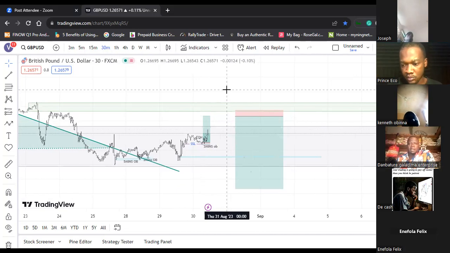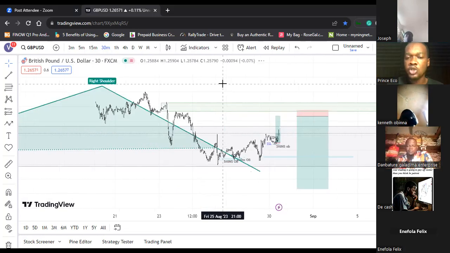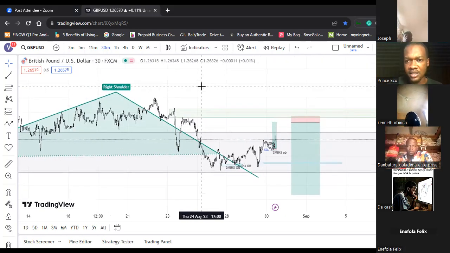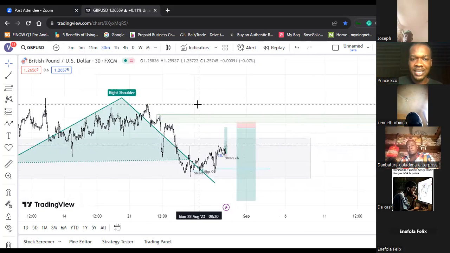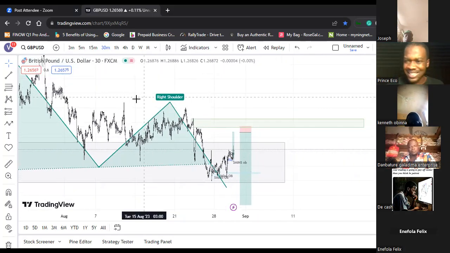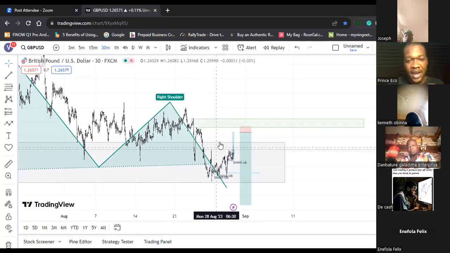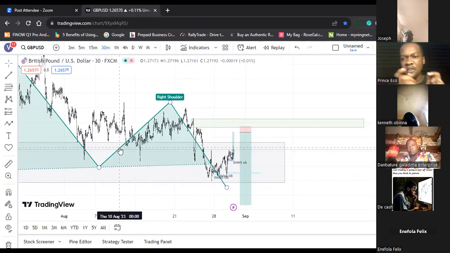Now, another question. How can someone identify the area of liquidity? Structure. Know the direction of the market. If the market is in a downtrend, should the liquidity be downtrend or uptrend? Like now, this market is in a downtrend, but I'm buying to sweep out liquidity because I'm saying that there are a lot of sellers. Take for instance, you want to sell bulb. You will not go and be selling bulb in a market where they're selling tomato. Only if they have a lot of